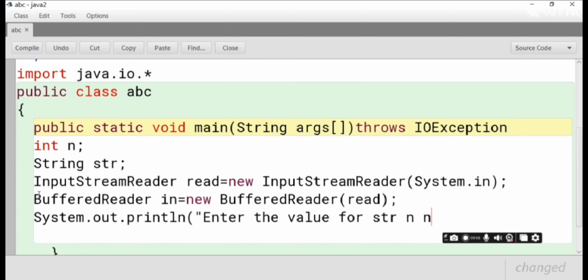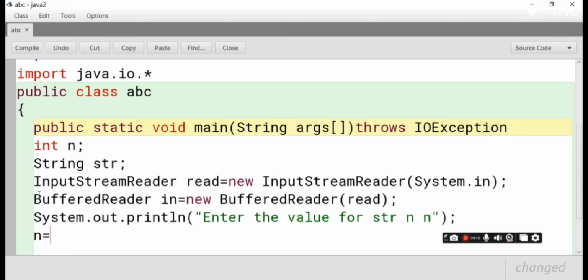N means number, string means string. So semicolon should be there. Now here should be another statement